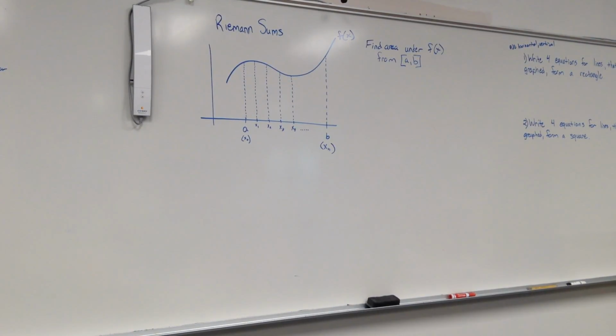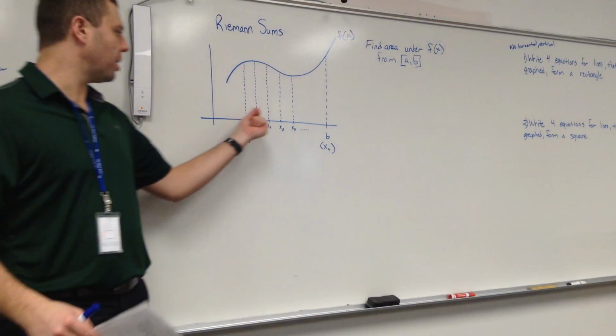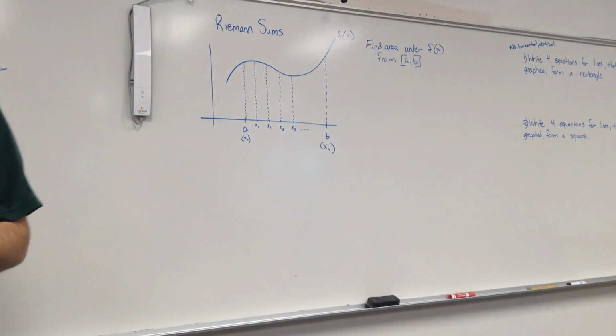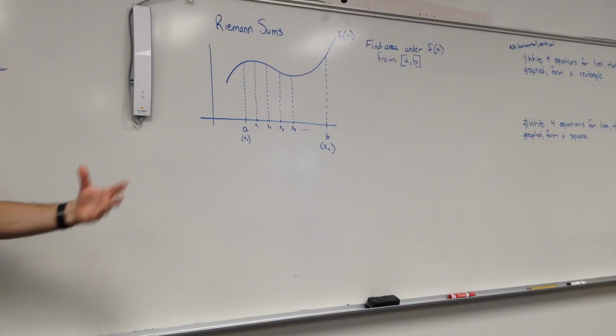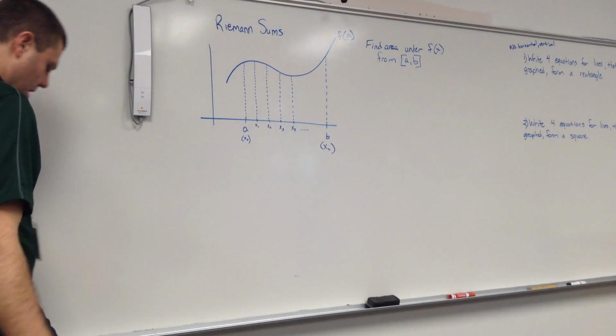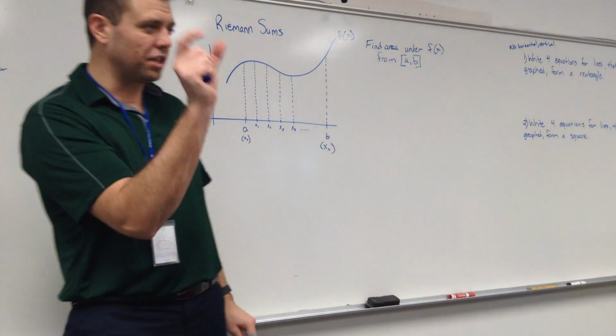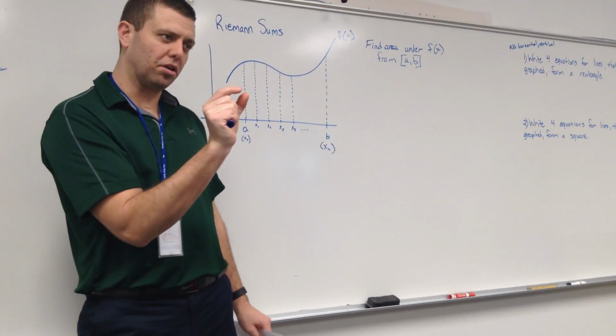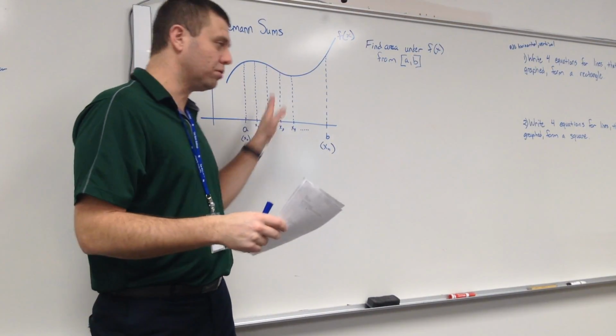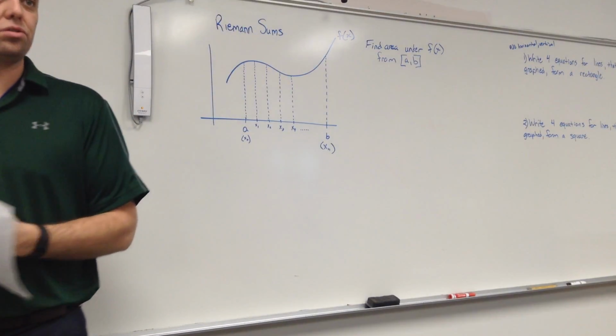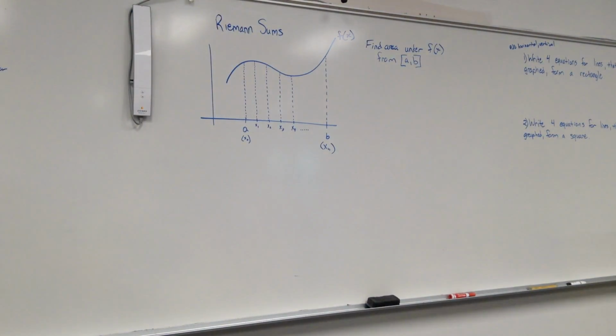Alright, so today we're finding the area under a curve using what are called Riemann sums. We've talked a little bit about finding the area of rectangles and trapezoids. We've had a certain number of rectangles and trapezoids that we've found the area of, and then we've added all those areas together. We've even discussed how if we made those intervals smaller and smaller and smaller, the area of all those rectangles added together would get closer and closer and closer to the actual area under the